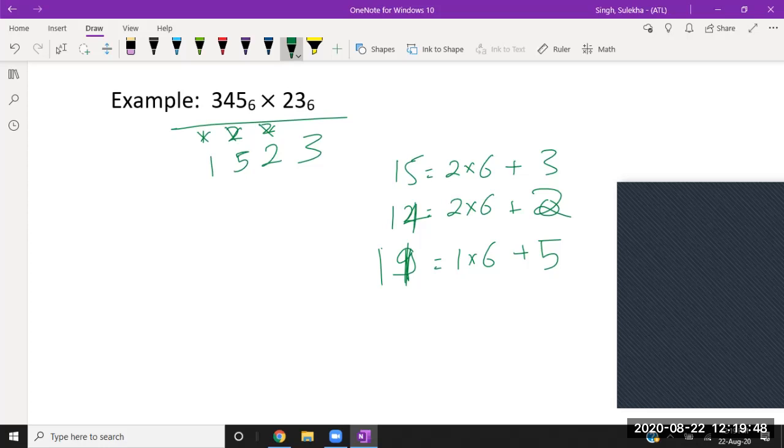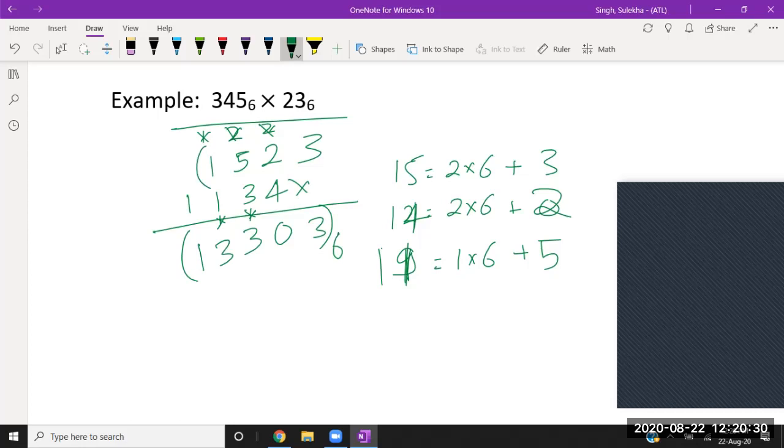In the same way, if you multiply this thing, you will get 4, 3, 1, and this 1 carry you are writing here. Okay, you are leaving one place. And if you sum up, 3 plus nothing is 3, 4 plus 2 is 6, 6 you are making pair of 6, so you are getting 0, 1 carry is here. 5 plus 1, 6 plus 7, 8, 9. 9 if you make pair of 6, you are ending with 3, and again 1 carry is there. Okay, so 1 plus 1 carry, that is 3, so this 3 is there. No carry is there, so this 1 itself will become a number. So you are writing your answer as 13306 in base 6.